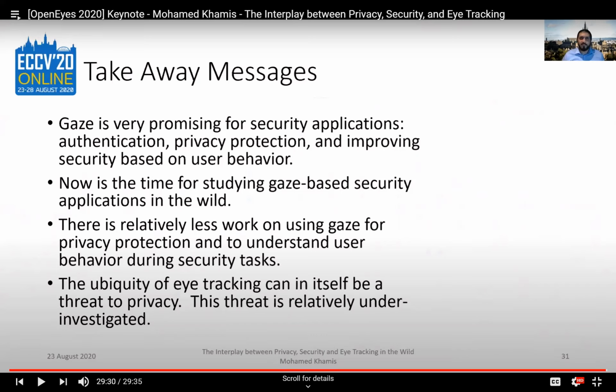Yeah, I guess you could think of ways to, for example, verify your identity to the car through your biometric eye movement, through the behavior of your eye movements. So, for example, the car would know that you're the right person because you're moving your eyes the way the driver of that car usually does.